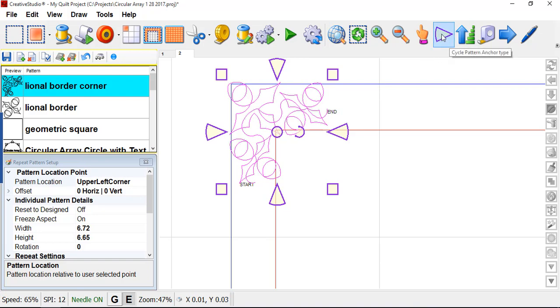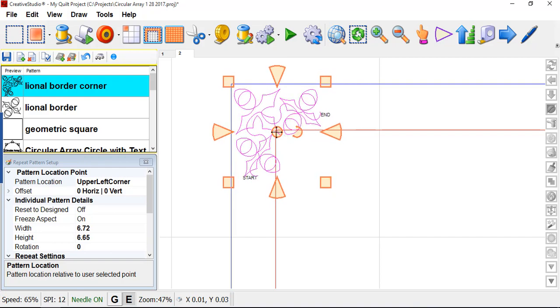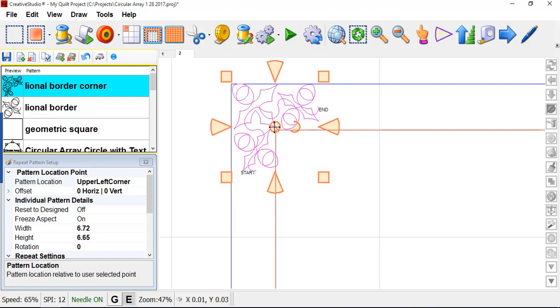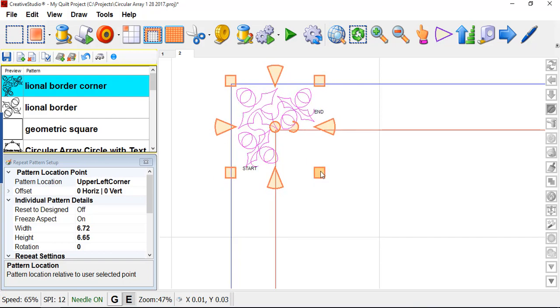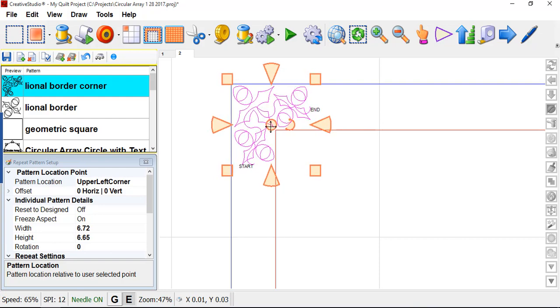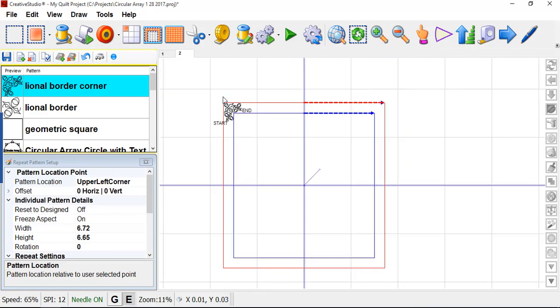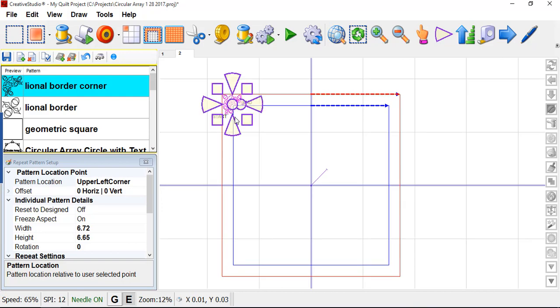I'll get my orange anchors so that I can decrease it in size, and this way it decreases it on all sides proportionally. Decrease it a little more, move it into place exactly the way I want it to be, and I'll call that good. I always like to end up with my side anchors. Now, here's what I can do, and since we're talking about circular array, and here is the center of this entire project, I will just select this,